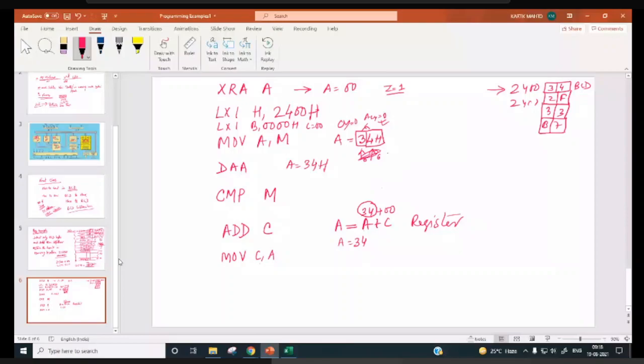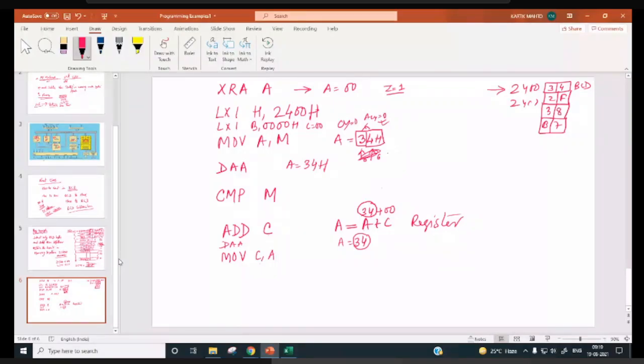Suppose the first is 34. The second one is say 38. I am writing over here. So ADD C. So 00 plus 34 will be added. So the result will be 34.